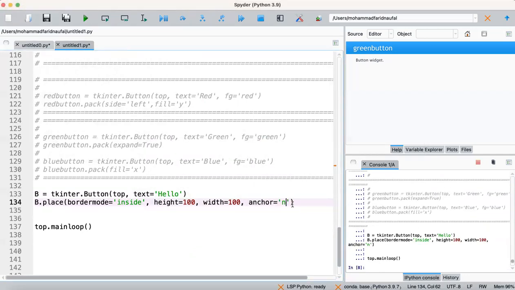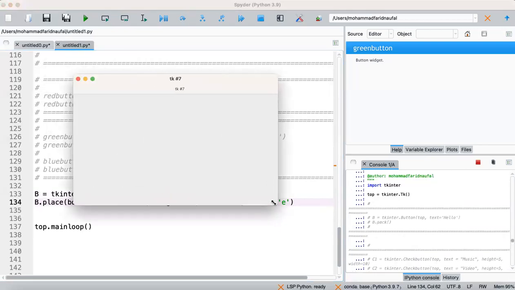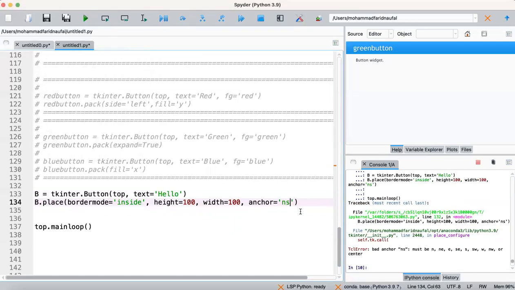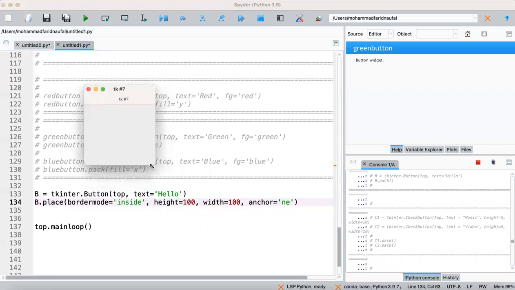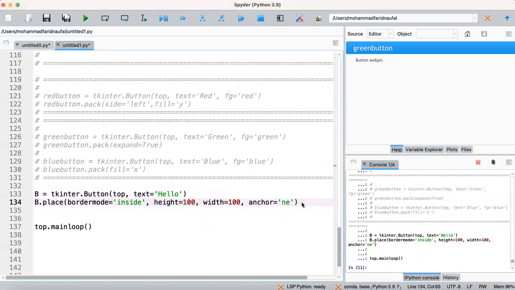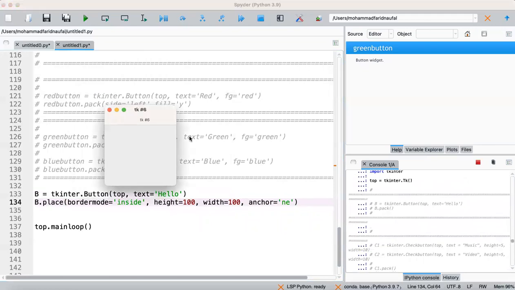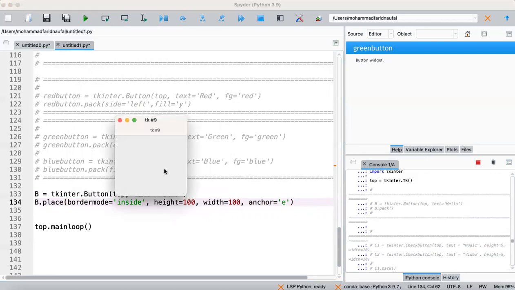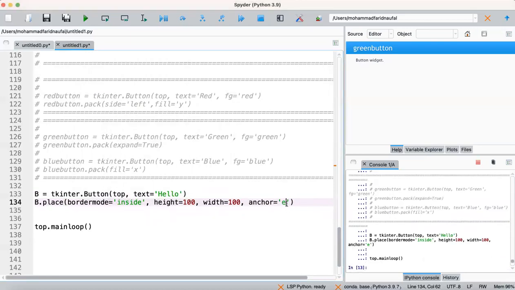If we place it into NE, okay, there is no difference, right? If we change it into S, no difference. South.